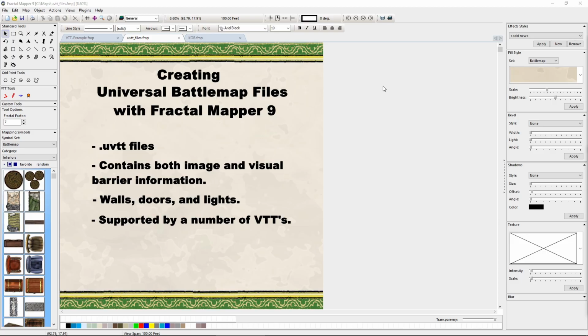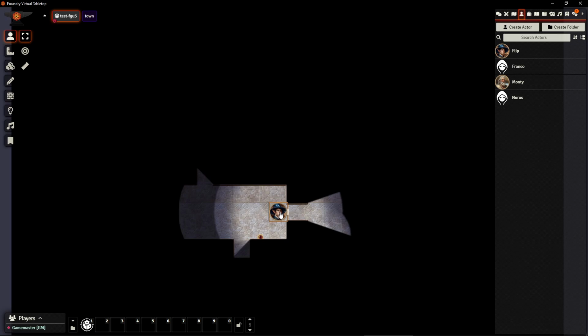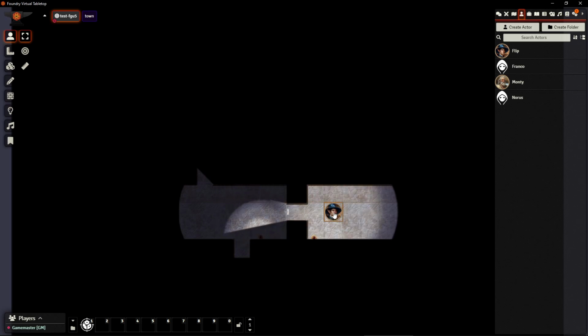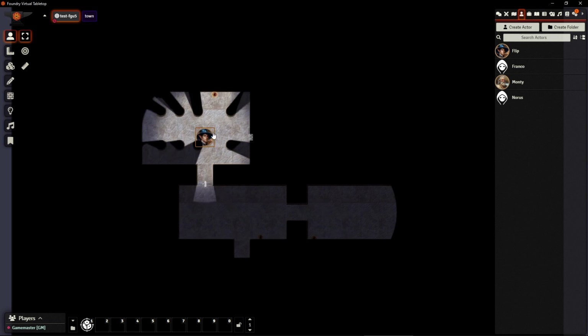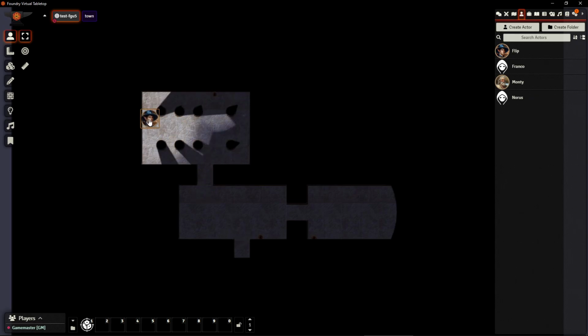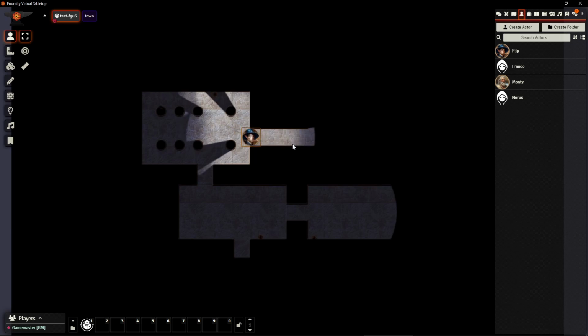Now, a lot of people use virtual tabletops these days, VTTs, and one of the things VTTs do well is control the areas that the characters can see. They do this by defining barriers, doors, and lights. This information allows the VTT to show and hide areas that are visible to characters. Normal image files such as JPEGs and PNGs don't contain this kind of information, but universal battlemap files, UVTT files, do. A number of VTTs now support importing these UVTT files, and I'll show you how to create one with